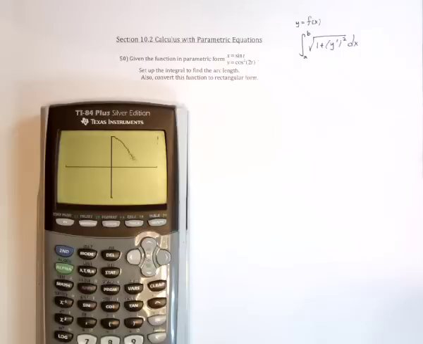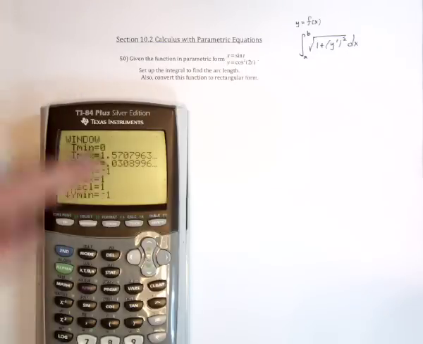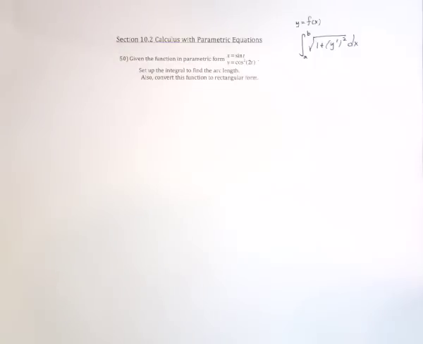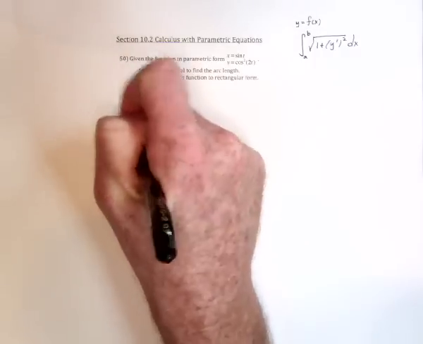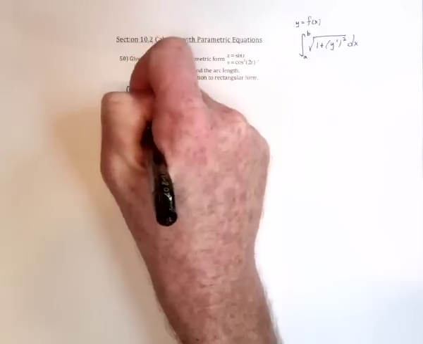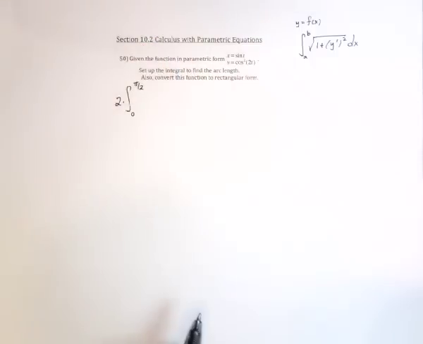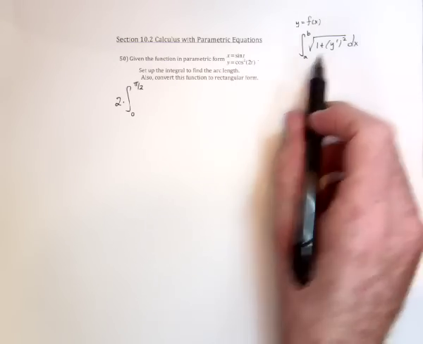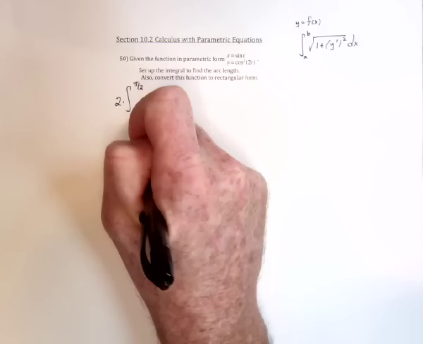Let's see. There's pi over 2, and it stops. Okay, so we should be graphing from 0 to pi over 2, and that's one side of it. And then, to get the left side of it, double the answer. Now we need this idea, but we have two derivatives. So we're going to have the square root